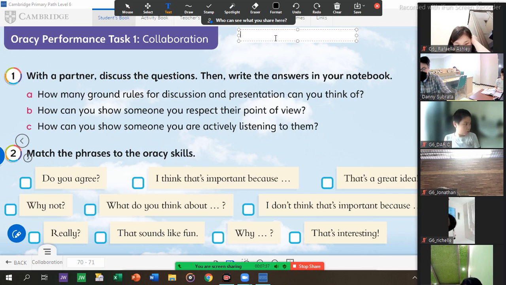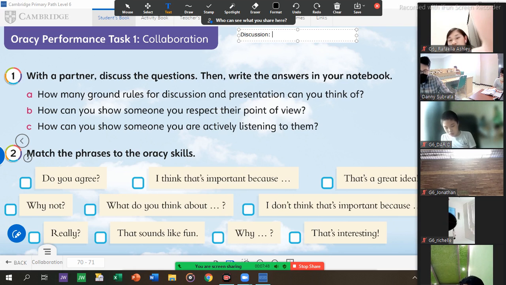If it's for discussion, maybe the first ground rule that we can set is what? What will it be? Don't interrupt others.